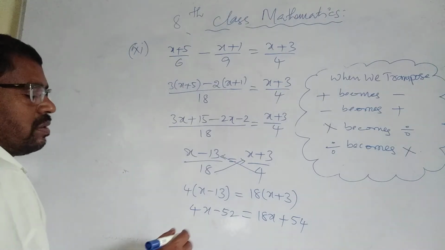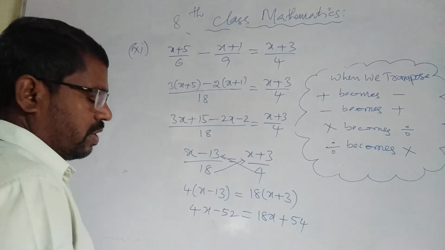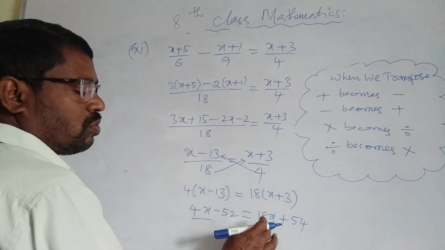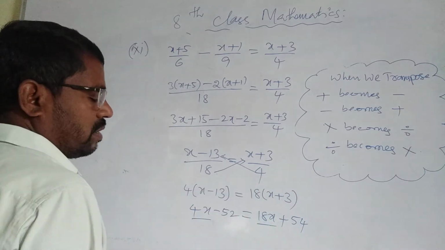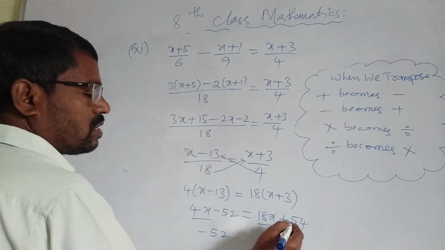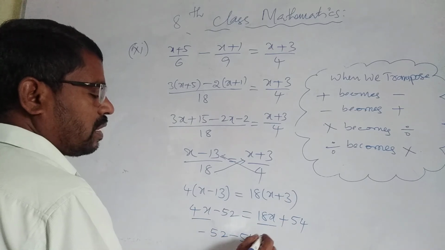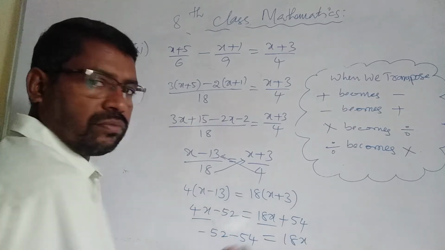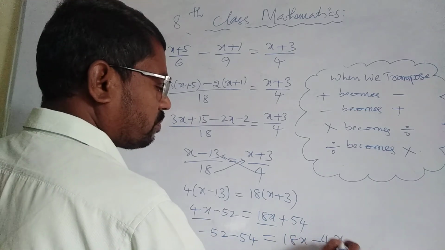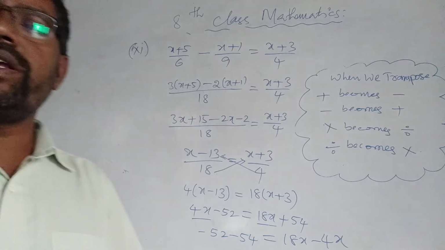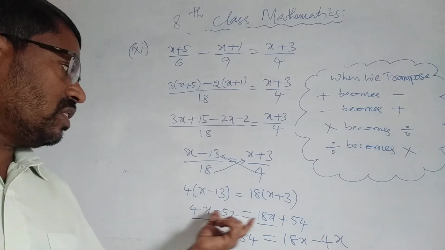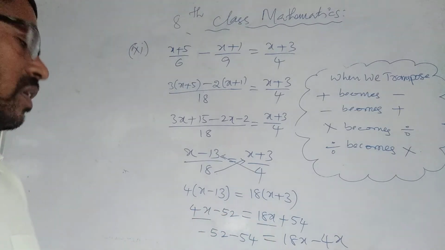Now we are going to take constants to one side and variables to the other. Here 4x, here 18x. So this is greater. 18x is more on the right hand side. This left hand side variable we can send to that side. It becomes minus 52 as it is, plus 54, minus 54, which is equal to 18x minus 4x. Once you see here, which is a very easy transpose, you should observe. I want to transpose after simplifying and completing the distributive property.